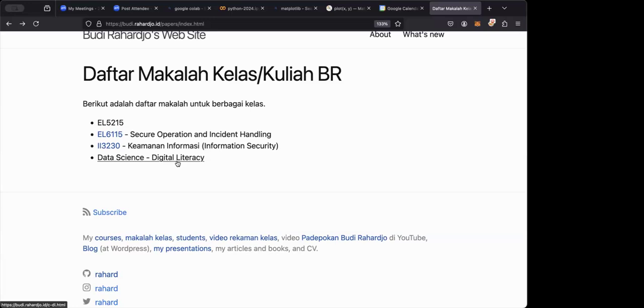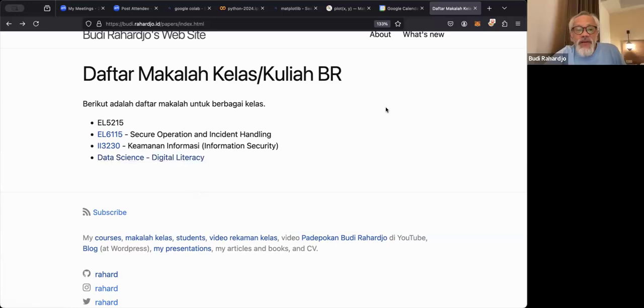But the question from Ando is not clear yet, Pak. Is this individual or a group? Individual, because it's easier to do individually. You don't have to wait for the other persons, and marking is easier.